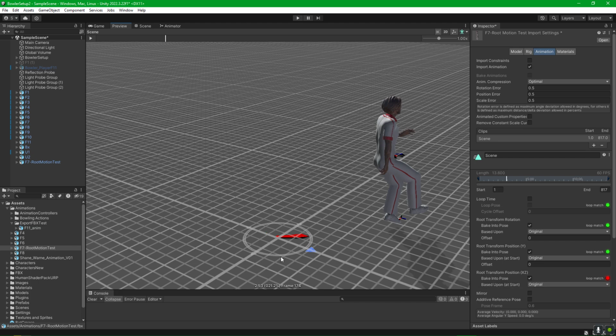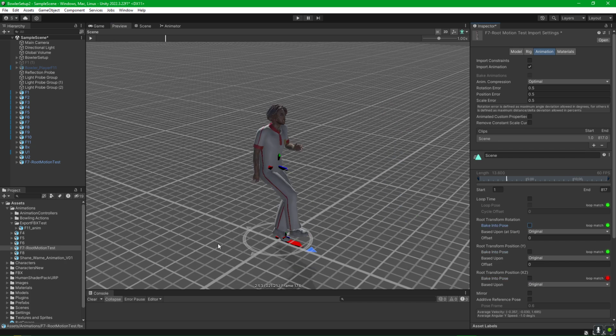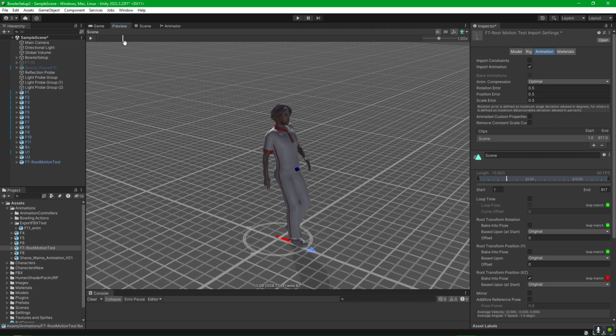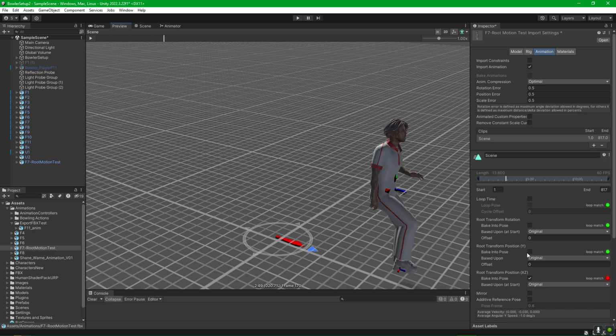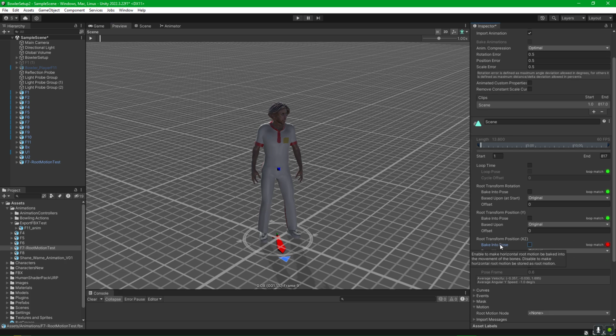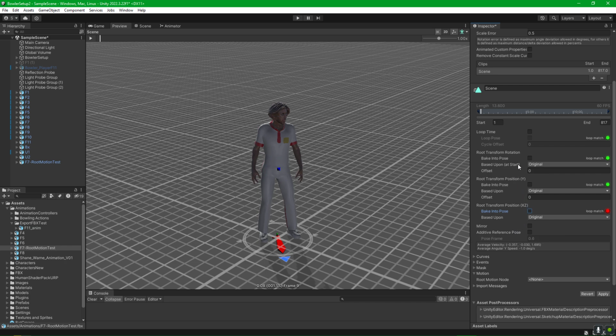So, do you get that? That's discarding that root bone, and that's baking it based upon the original start position, and it keeps it there. And because I haven't baked the rotation, it's still wiggling about. Like, this is inconsequential now, what I'm talking about, and this is not what you need to